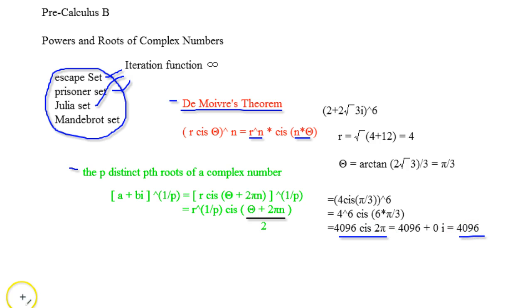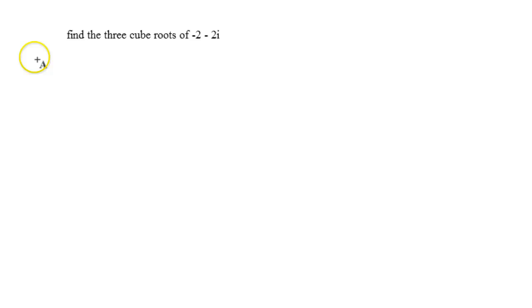Okay, now let's start talking about the distinct pth roots of a complex number. Alright, so we're going to find the 3 cube roots of -2 minus 2i. And this is actually just by using the formula. So what we're going to do first is find r, which is going to be the square root